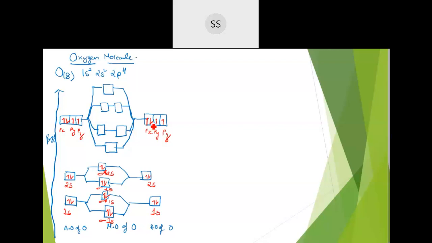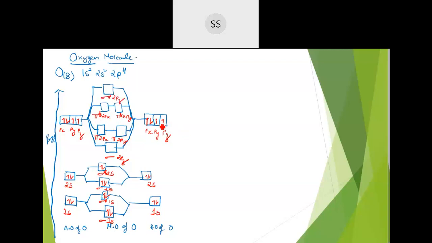8 electrons are there. Okay, so start filling this. You can label it first. This is sigma 2pz orbital with lower energy. Then we are having pi 2px, then pi 2py. Okay, above one is always the star ones, anti-bonding, pi star 2px and then pi star 2py. Above that you are having sigma star 2pz.